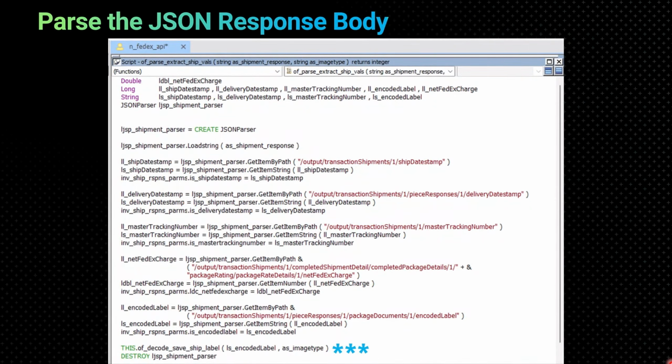Now, if there was a successful call to the create shipment web service operation from FedEx, it will return a JSON string, a JSON document. How do we get useful values out of that string? First, we will create an instance of JSON Parser. Then we'll load that JSON string into the parser. And then we'll call getItemByPath. We have a ship date stamp at a known path, a known location within that JSON string, that JSON document. And then we'll call getItemString on that item to get the value out. Then we'll do the same for the delivery date stamp, for the tracking number, and for the net FedEx charge,